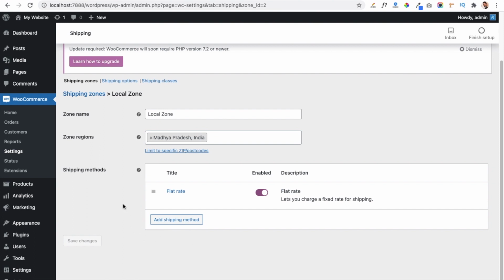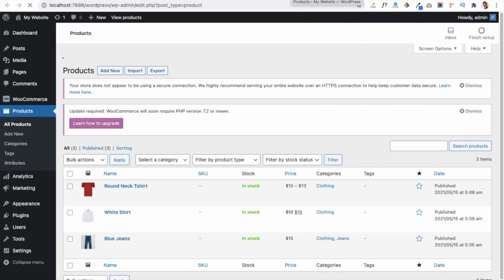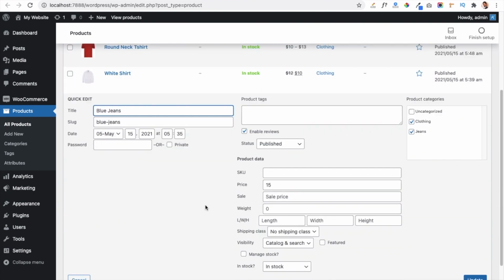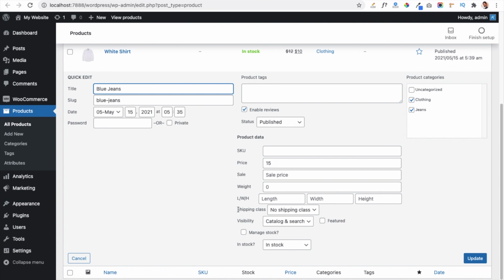and now we are going to edit our products, because we have to assign those classes to all our products. So I am going to edit my products, and I will assign those classes. So friends, you can see I have a product with $15. I will add a free shipping cost in this product. So just click on the quick edit link, and when you scroll down below, you can see this is the shipping class option available here. Now you have to select the free cost class here, and now it will work for your product. So when you click on the update button, it will be updated.